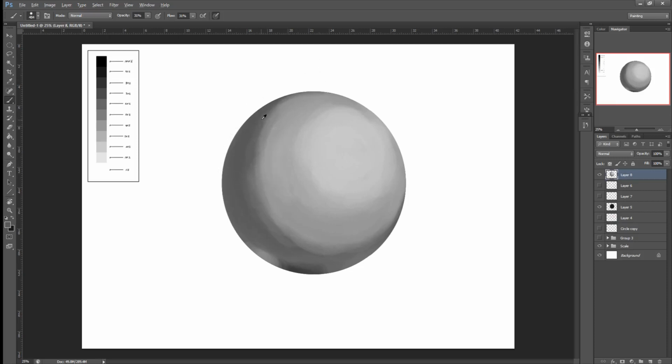But if you get a tennis ball, or whatever ball you have at home, and you put it on the table or your desk or the floor, and you shine a light on it, you'll see there's this gradual fade. Now, obviously the object has a bit of color, so it's a little bit hard to see, but you can always take a picture with your phone and turn it to a black and white image, and you'll see it a lot clearer. And again, this is where reference packs, or reference images, become really, really useful,